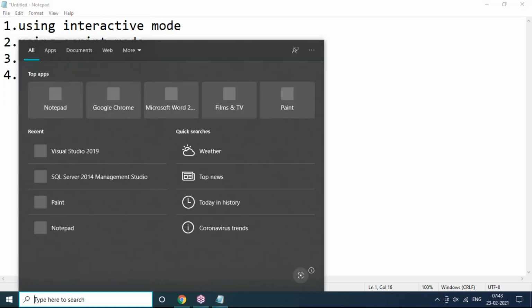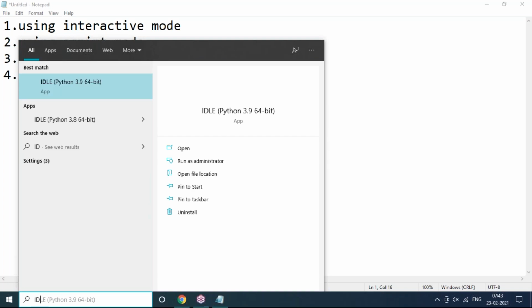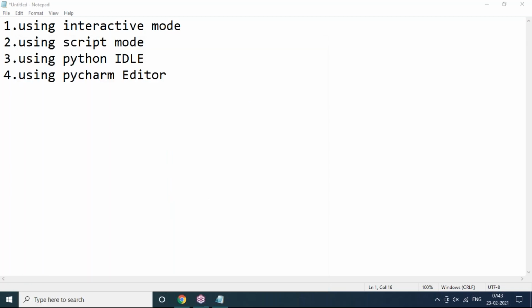For this, let's go to search and type IDLE in the search box. Then you'll be able to see this IDLE of Python, which stands for Integrated Development and Learning Environment. As soon as we click on this icon after successful installation of Python software, you will get an interactive cell. Look here, the interactive cell is coming. This is a completely interactive cell.